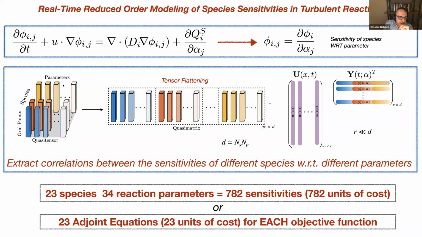We could have had one set of modes for each of the species, but these species are also still correlated with each other. So instead of that, we flatten this tensor and we look at this as a matrix and use this reduced order modeling and have one set of modes for all species and all parameters and their coefficients. So these are color coded. The red here, for example, shows the sensitivities of the second species. And if you want to even solve the adjoint equation here, you would have to solve 23 backward adjoint equations, because for each species, you will have to solve one adjoint equation.